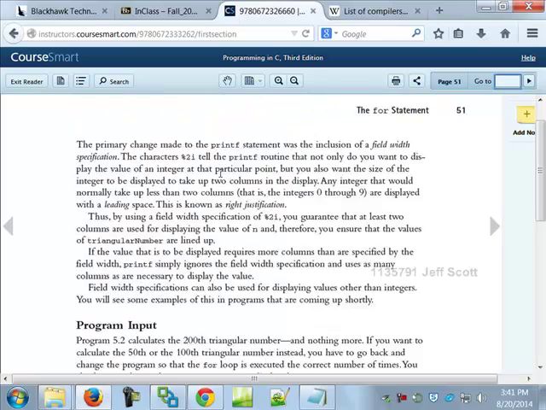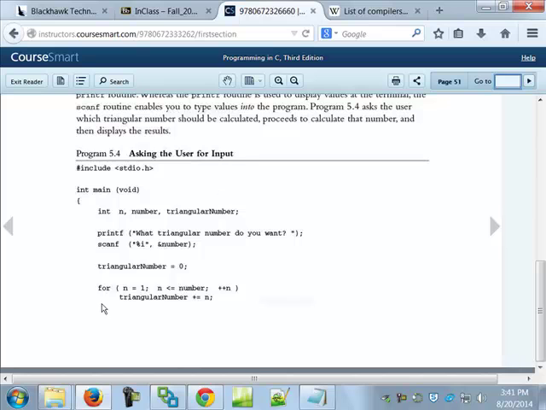On the next page, they show you some examples. And again, the only reason I'm showing you this one is that this is probably the hardest thing that you've got to wrap your arms around right now. All right? And you've got to look at it this way. What this line of code is doing is it says go to the address of the memory location that holds the variable called number. And I'm about to put an integer in there. When I put that integer in, put that number into that bucket, so to speak.